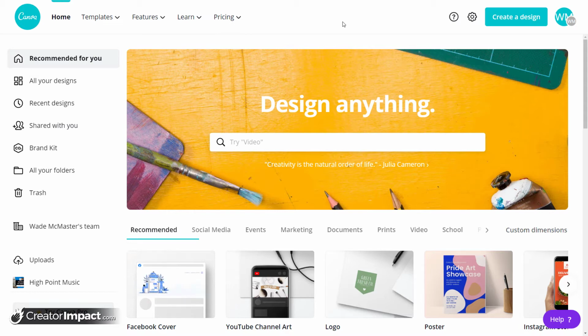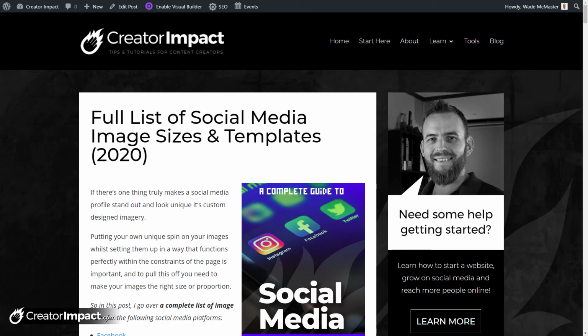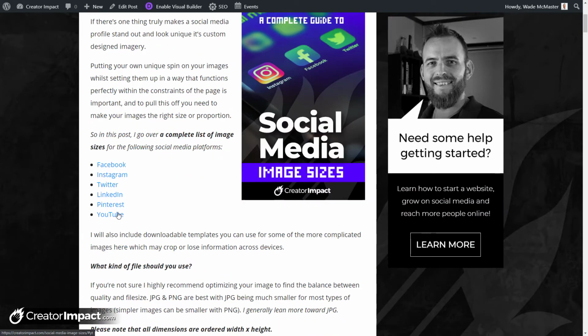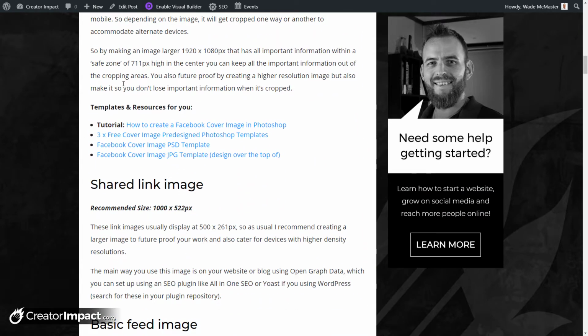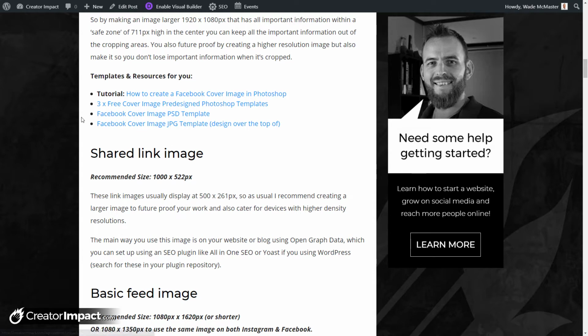So what I'm going to do is jump across to a blog post of mine. It's basically a full list of social media image sizes and also includes some downloadable templates. I do have a link to this below in the description. Also, I will link directly to the JPEG as well. But basically, if I scroll down and go to Facebook, I've got a list of sizes here you can use, as well as some templates here. If I click on the Facebook cover image JPEG template,